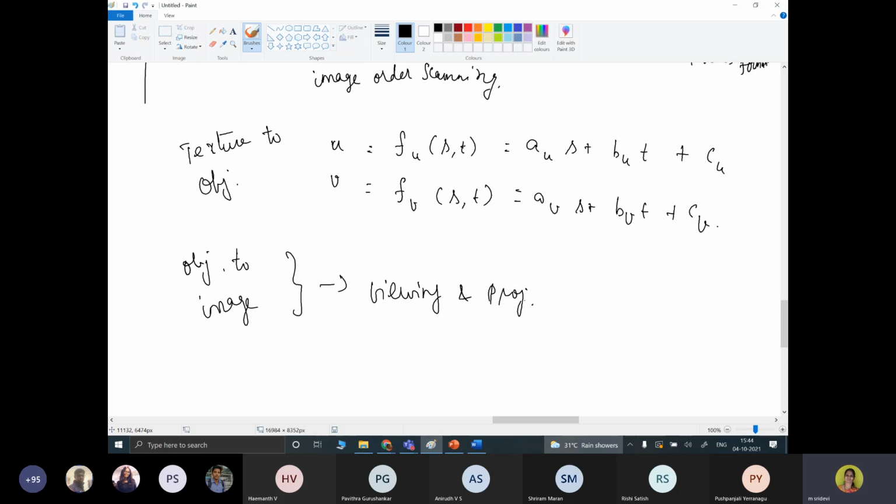In the reverse case, we have the image space and the surface, and this is the texture space. It's a projected object, a projected pixel area.